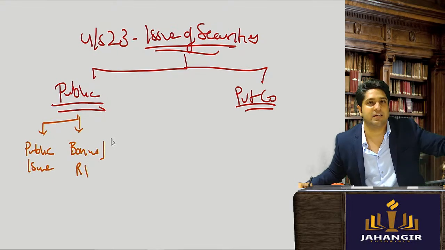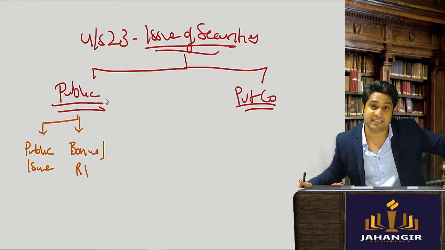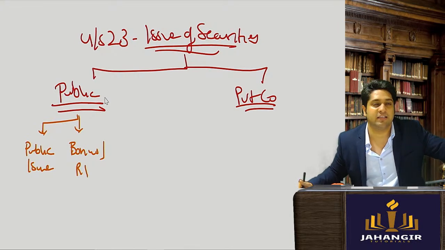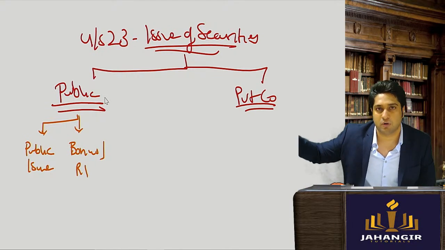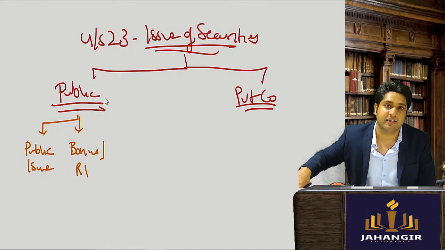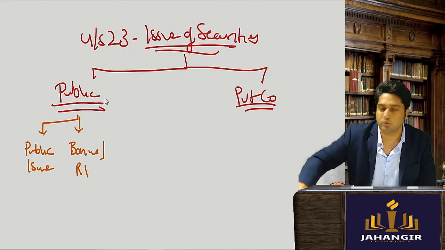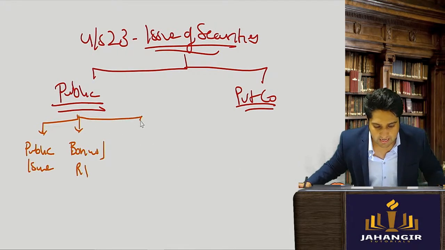Bonus shares is giving free of cost; right issue is giving the existing shareholders a right to buy extra shares at a discount. So public company can do that, and they can also do something called private